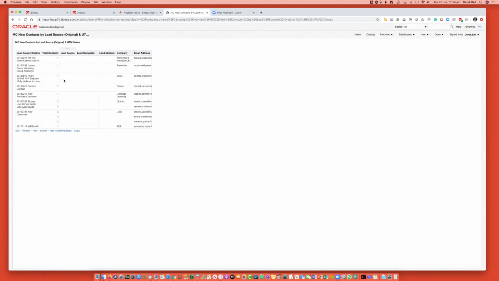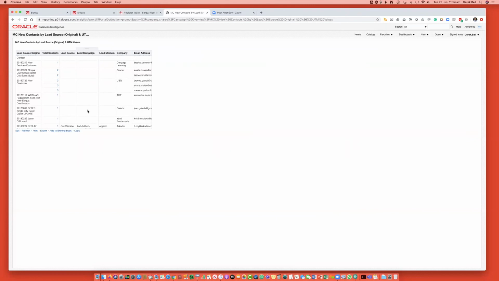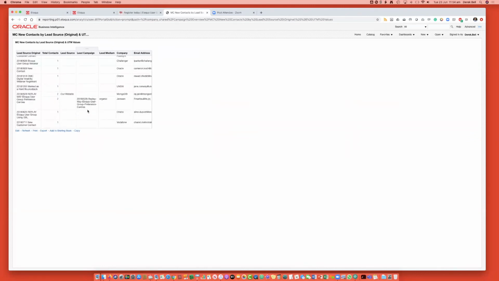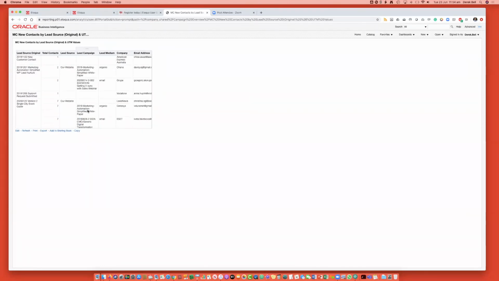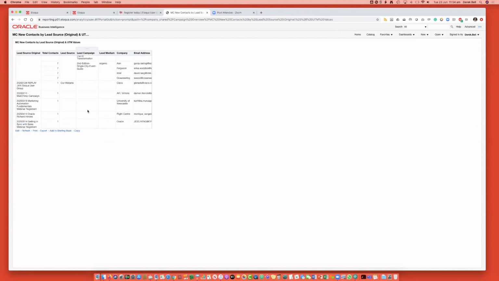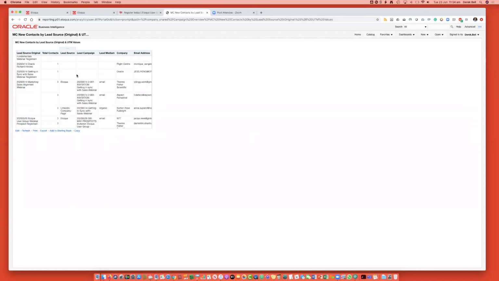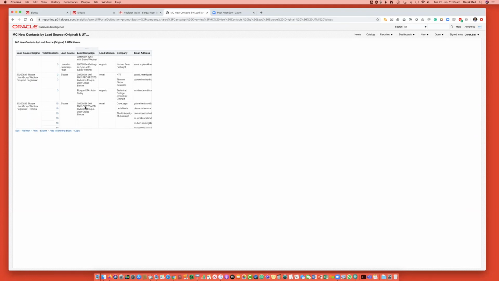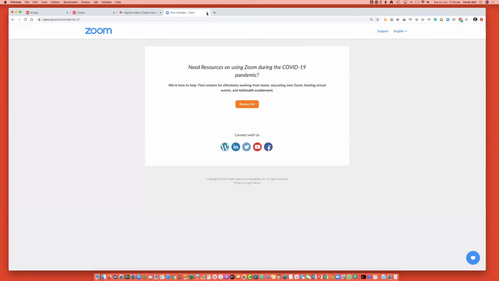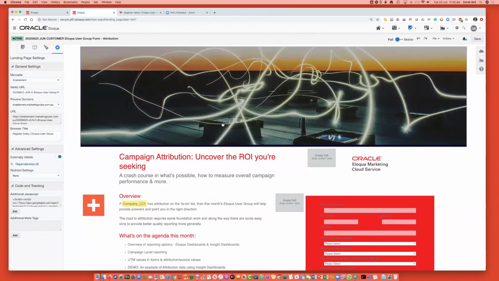Okay, so here what we have is the lead source original, total number of contacts, company name, email address, etc. Now there's obviously some personal information there, so I won't spend too much time on there. But again, you can see a whole range of data flowing through in relation to the lead source, campaign, and medium that is sitting there. So they're just two quick examples of ways that you can find a little bit more information to help you through the process of